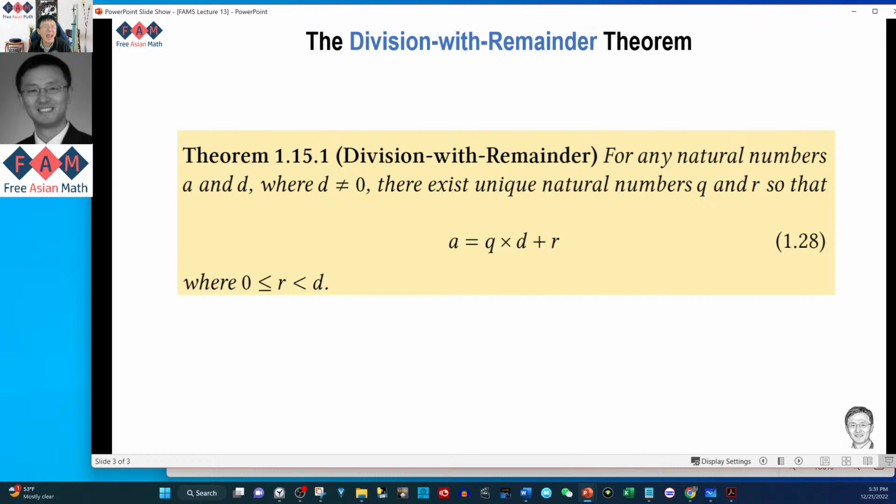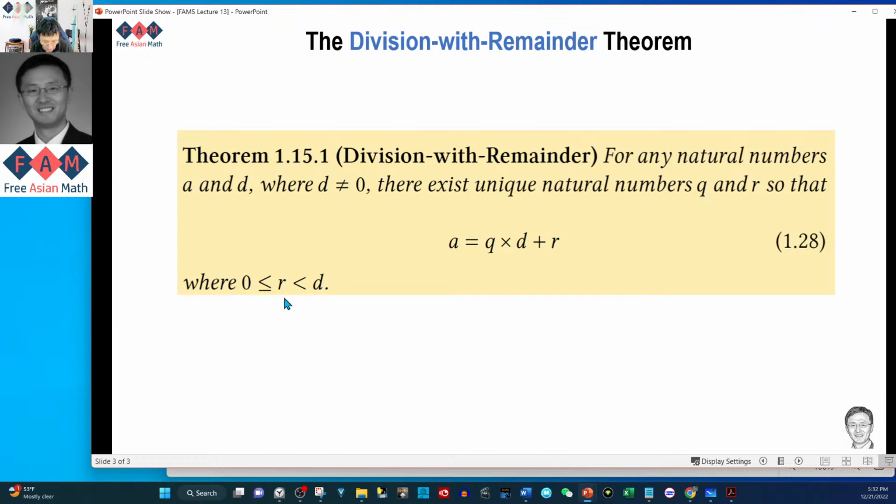So that means that only a can be 0, but d has to be positive. So for those two numbers, any natural numbers a and d, as long as d is not 0, there exist unique natural numbers. Okay, so this word qualifier, unique, is very important. There exist unique natural numbers q and r, so that a equals q times d plus r,